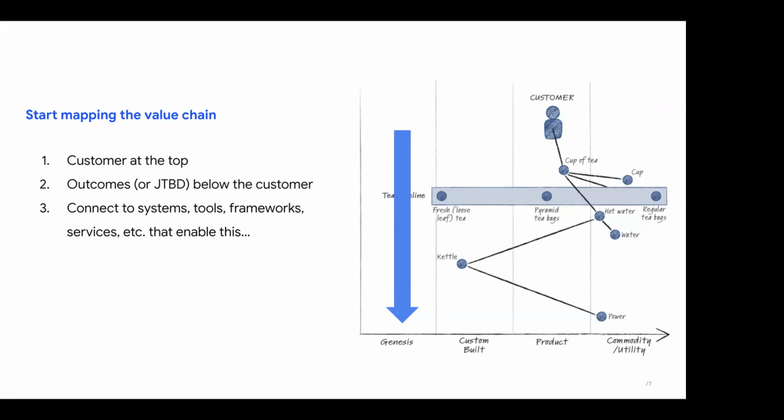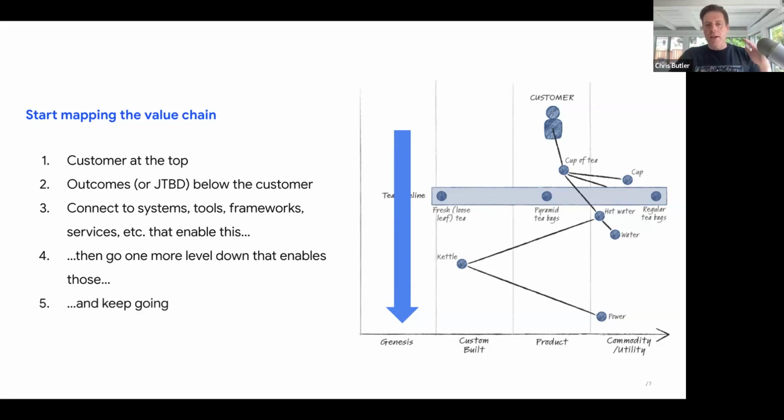And so you do this over and over again as you go down in levels, and you do it as much as it makes sense. I think not every map I've ever used has power or electricity in it because it seems to be just a known thing at this point. But if you start getting down to money and power, like electricity and maybe water, that's probably far enough. Going further than that is not that helpful.